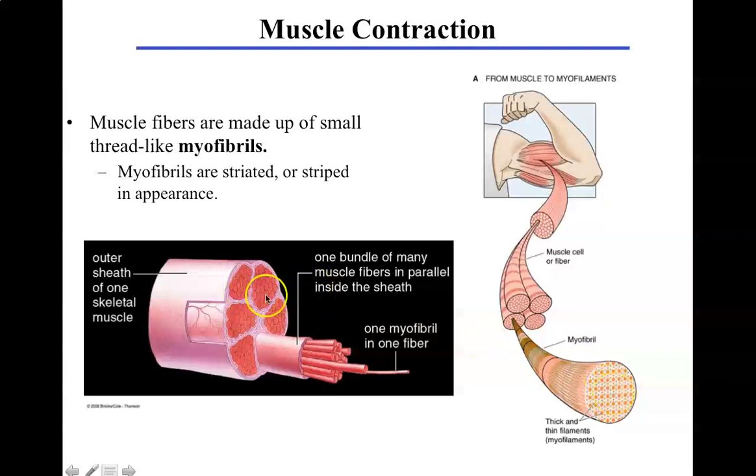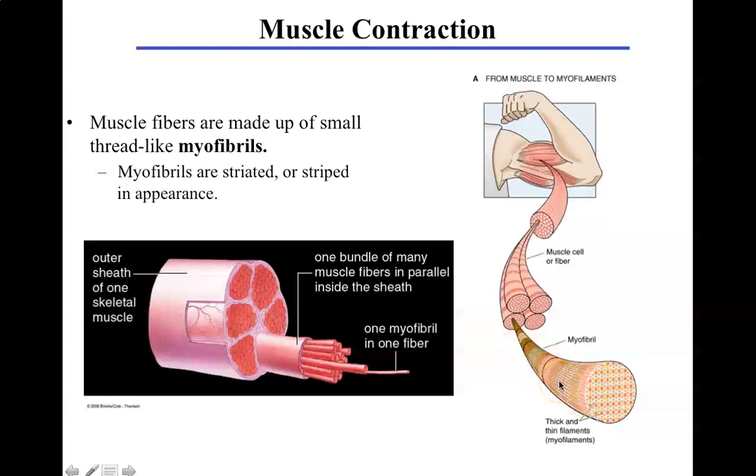So the idea is for this muscle to contract, each of these myofibrils is going to contract, which makes the fibers as a whole contract, right? And they're going to need to be well coordinated, so they're all contracting at the same time and contracting with an approximately equal amount of strength. All right, so moving on, before we move on, myofibrils are like the basic unit or the smallest unit